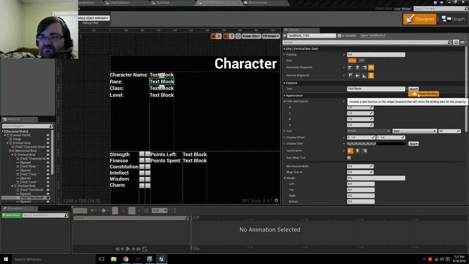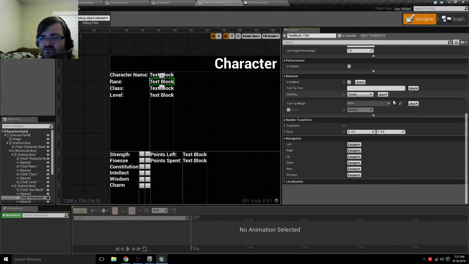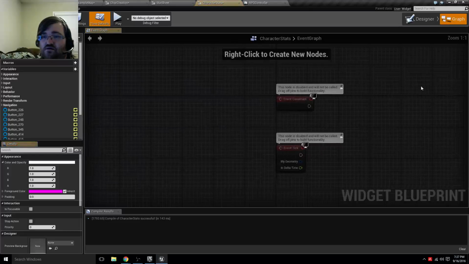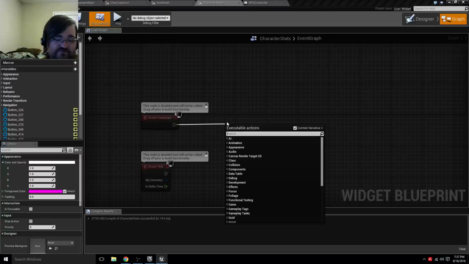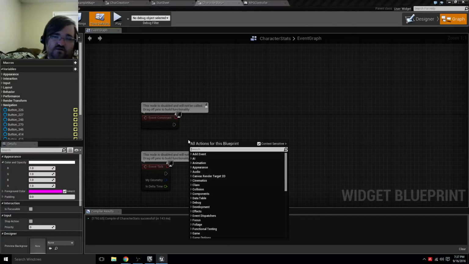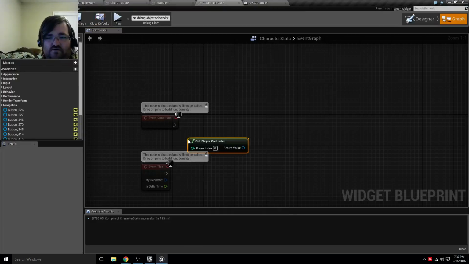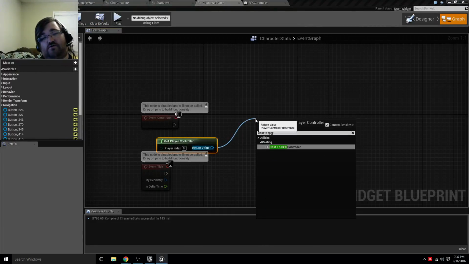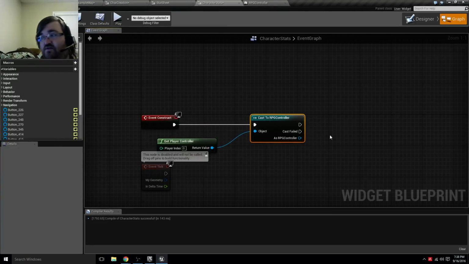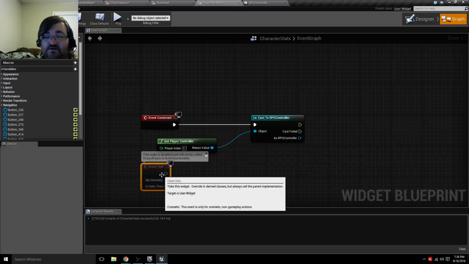Okay, let's see. Event construct, boom. Get player controller, boom. Cast to RPG controller. Because this is a single player RPG oriented experience, we don't have to worry about